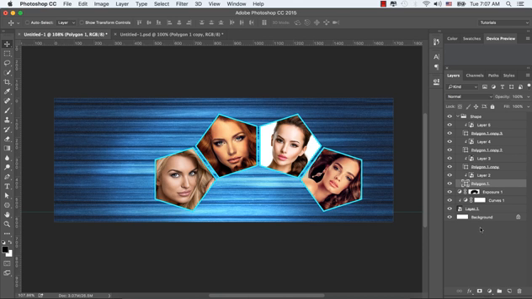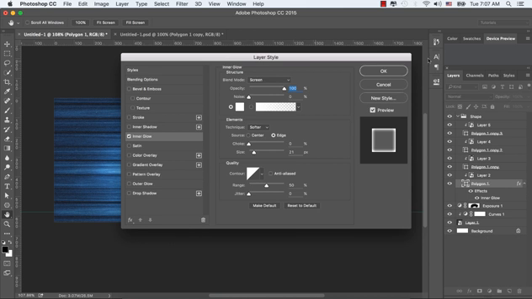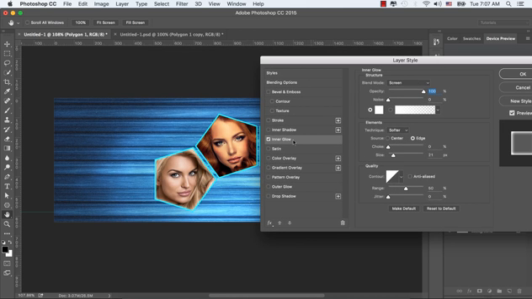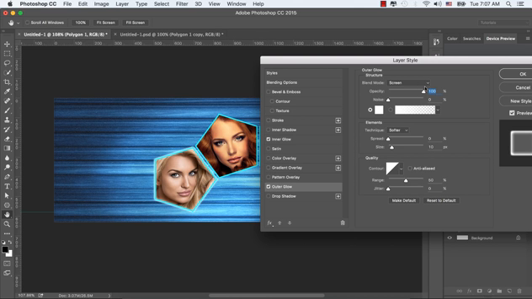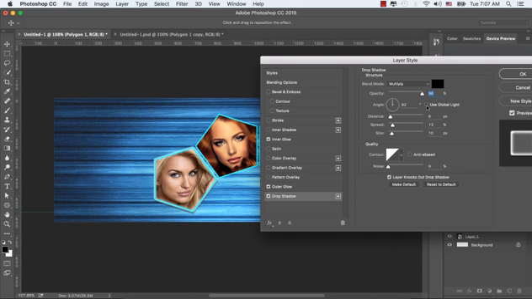Now let's select the Polygon 1 shape from the layer panel and select the layer style Inner Glow. From the bottom of the layer panel, select Inner Glow. Let's set the blending mode to Screen, opacity 100, and select also Outer Glow, with blending mode Screen, opacity 100, size 10. Select Drop Shadow, with blend mode Multiply, angle 92, opacity 100, size 10.